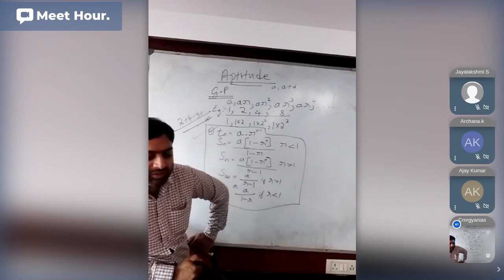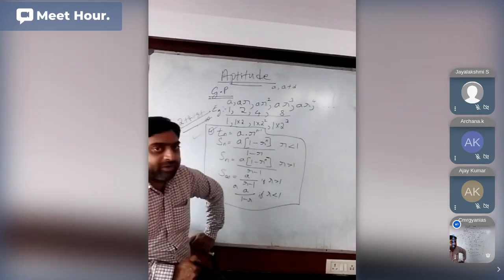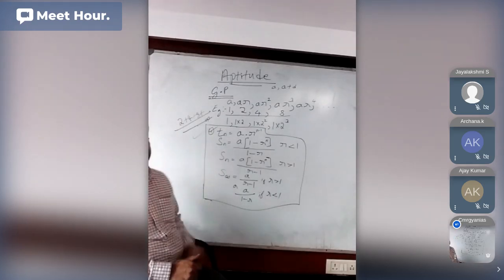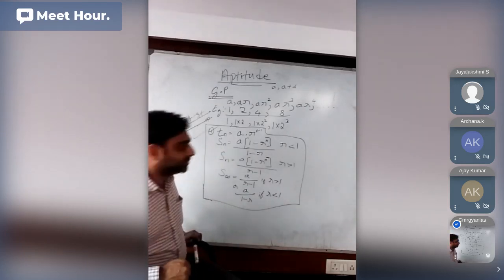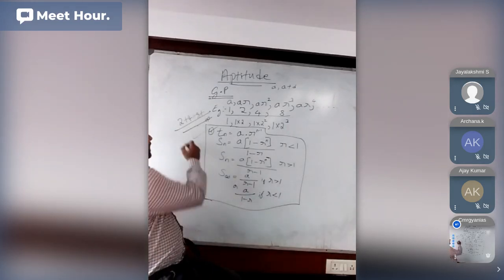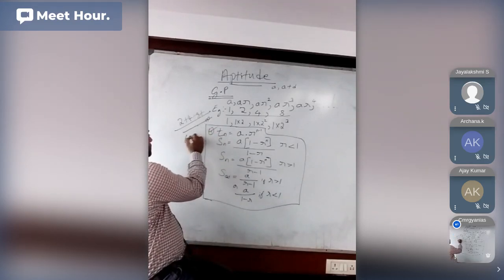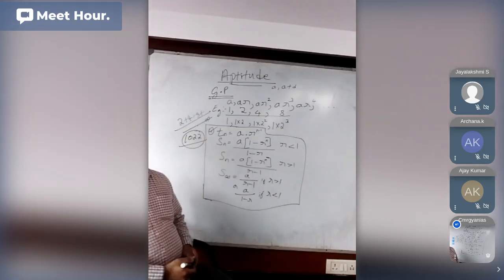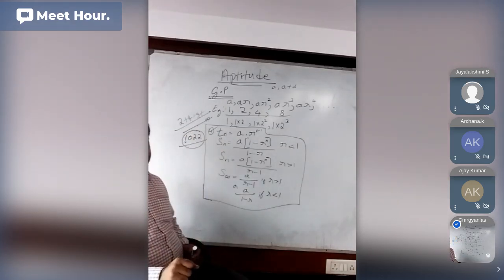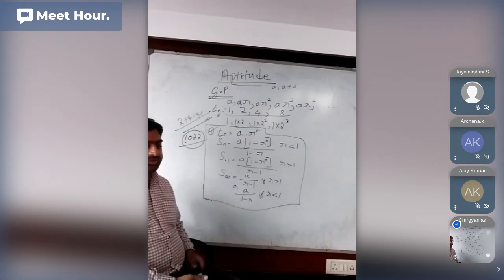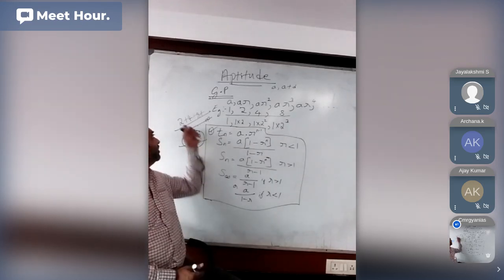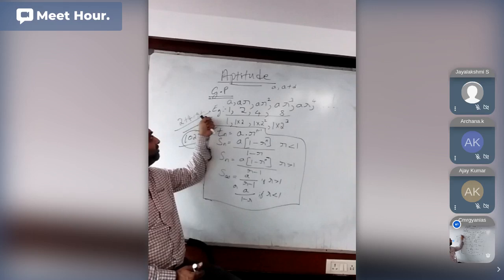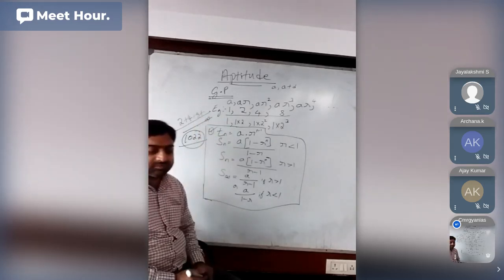How many consecutive terms are needed to make the total as 1022? That is the question. This was asked in UPSC, this also. The question I will repeat. In a geometric series, which is 2 plus 4 plus 8 plus up to infinity,